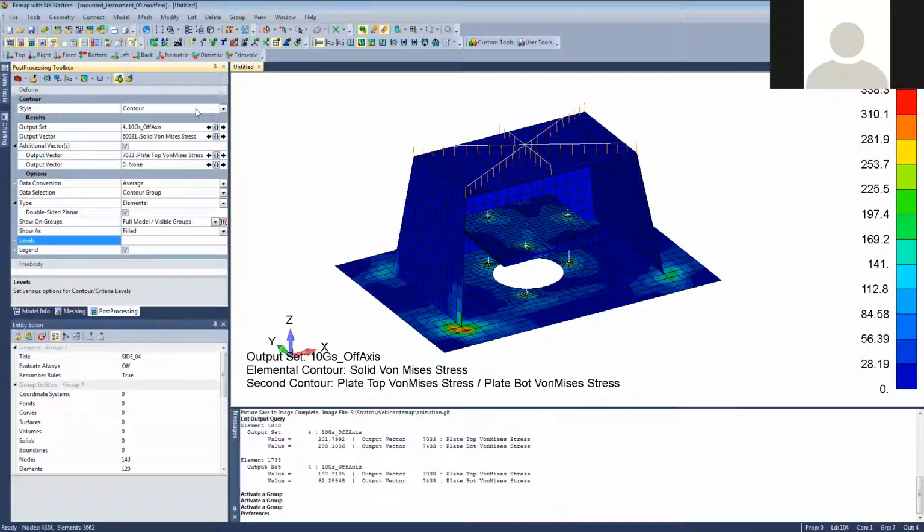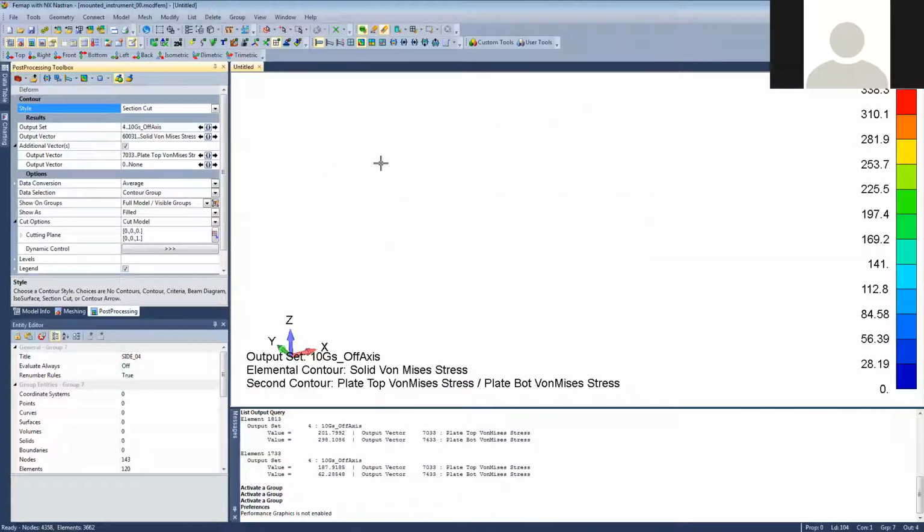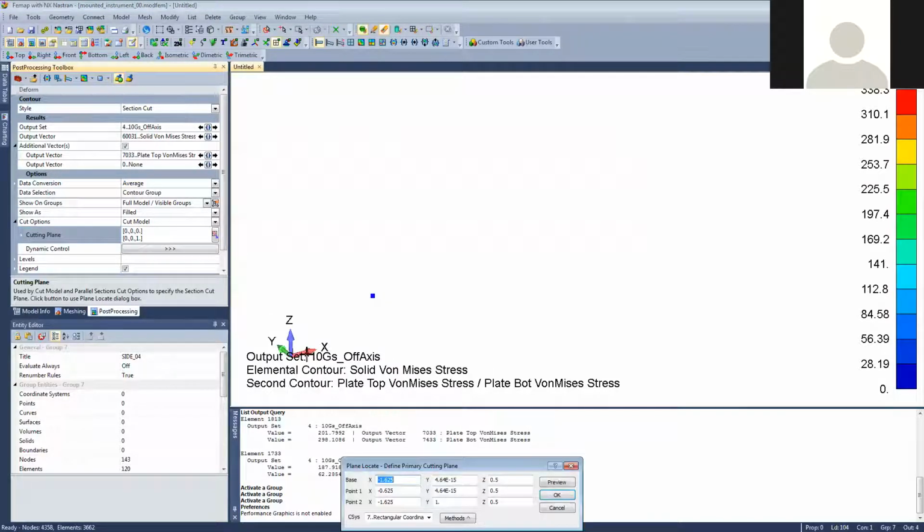If I pull down on style here, I'm going to go ahead and choose section cut. And you'll notice that my model becomes basically invisible. I can no longer see it. What that likely means is that my cut plane is not set on top of my model. So if I click this button to adjust my cut plane,